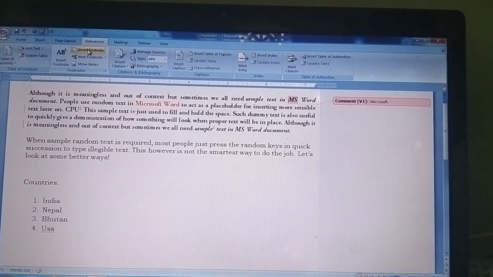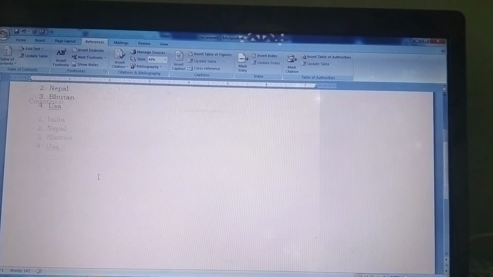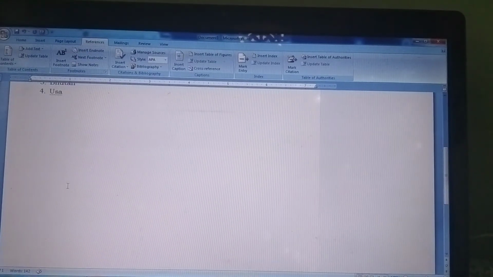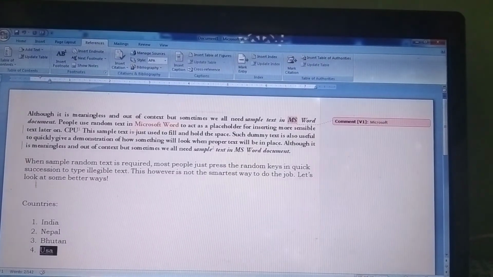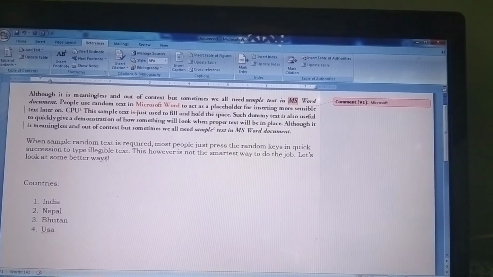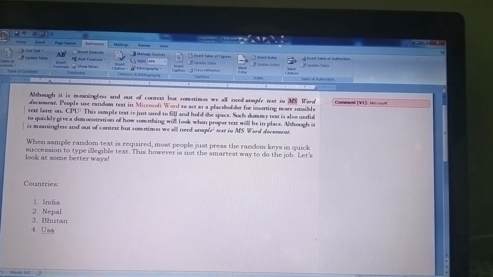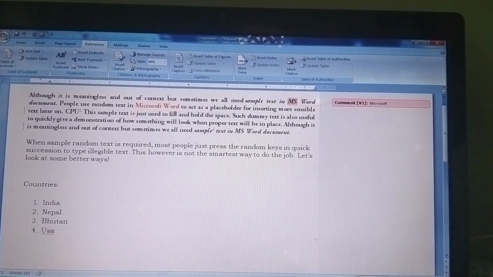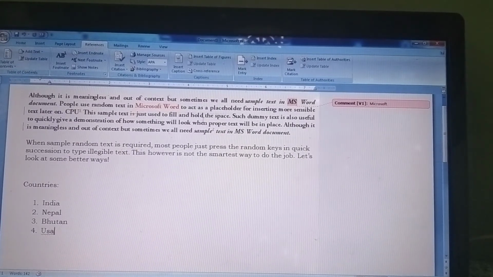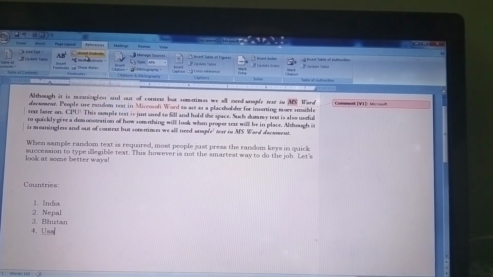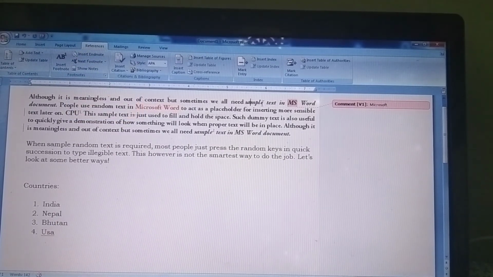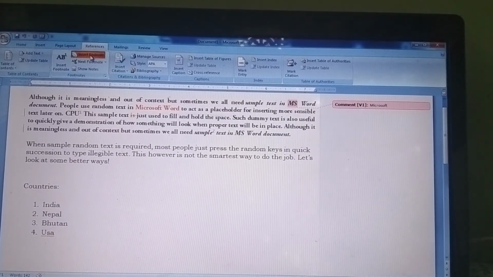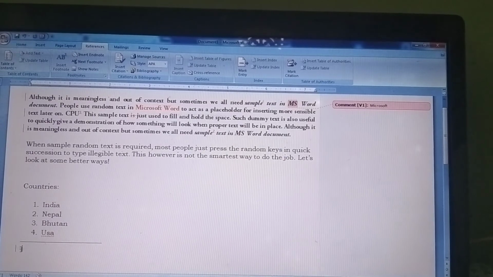Suppose you want to insert an endnote. The same thing is there, but it does not appear at the end of the page, it appears at the end of the content. Suppose I am adding some endnote, inserting the endnote over here. I want to insert an endnote to this particular word, so I'll click this and Insert Endnote. You can see it is appearing here only.